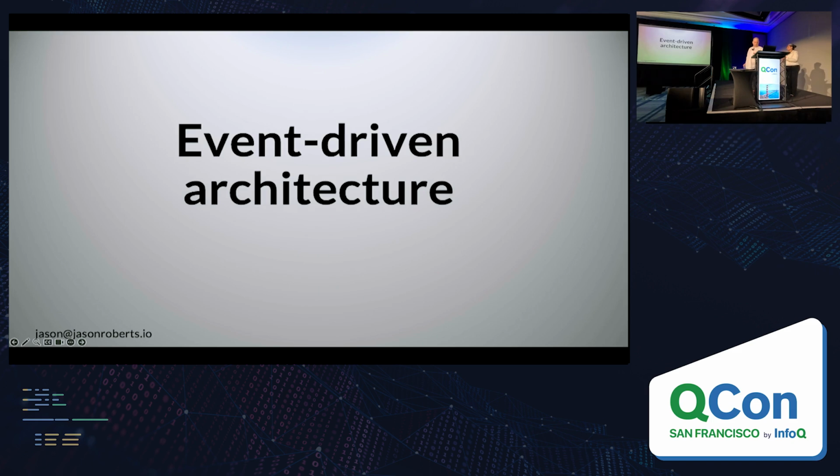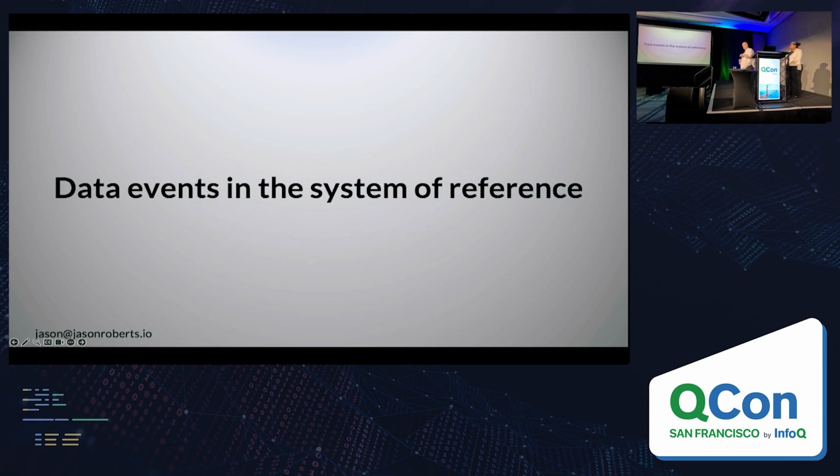All right, so we've talked about change data capture and how it powers the system of reference for us, and in turn that powers applications. Now let's talk about the rest of the eventing business within the system. So I'm going to start in the less complex part of this, which is data events in the system of reference. By that I mean within. And the key point to point out here is that I don't mean the change data capture. I'm actually talking about something different now. I'm talking about once change data capture has persisted information inside of our system,